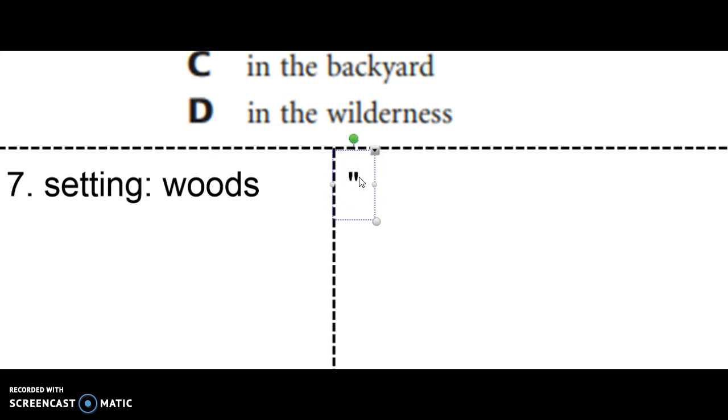I'm going to use quotes because I'm using the author's words, not my own. Look in the box directly below the title. It says here, "In Gary Paulsen's book Hatchet, a 13-year-old boy named Brian crashed